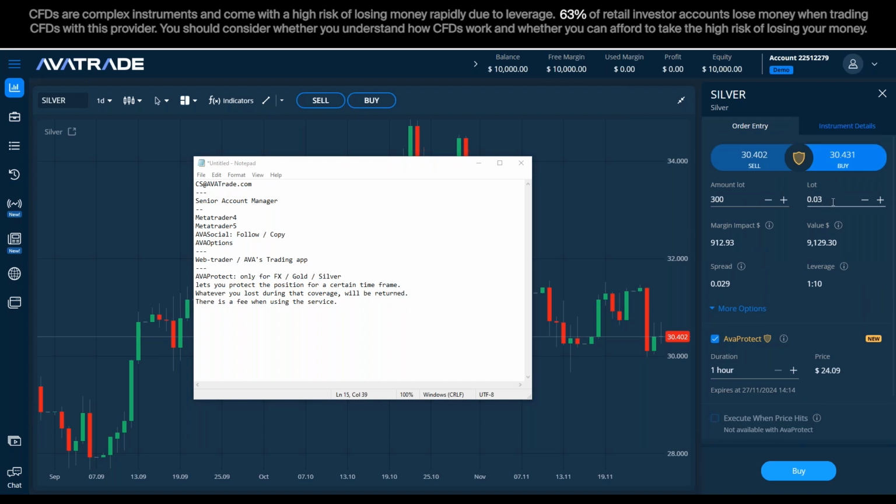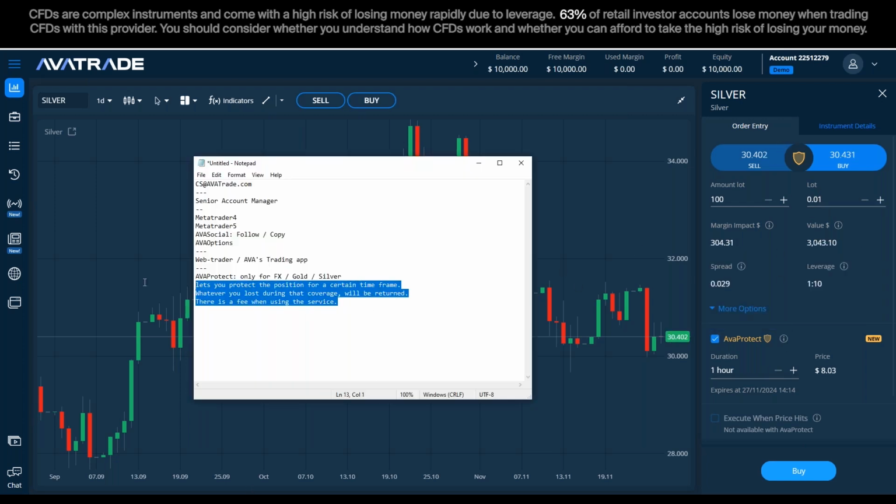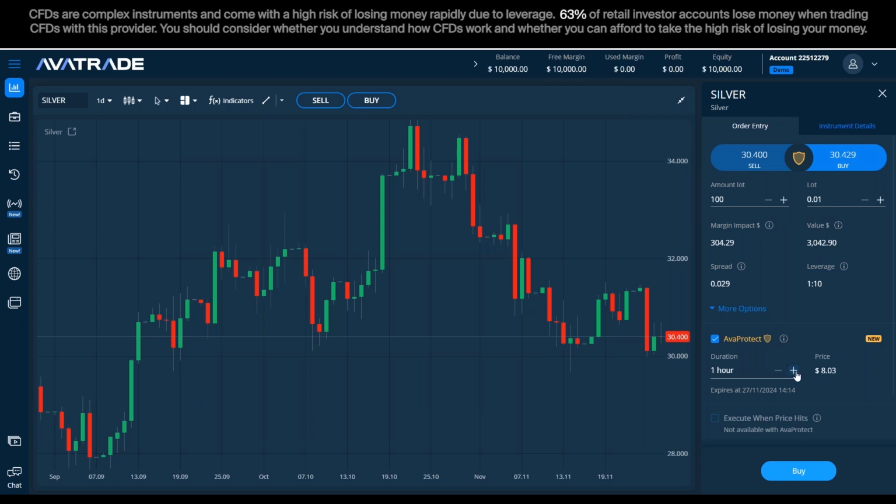And if I change the lot size, let's bring it back to the minimum. So let's suppose that now covering this position, from what we see here, I can cover the position and whatever I lost will be returned. So that means that I can cover the position for an hour. Basically, whatever I've lost during that hour, I will get back.